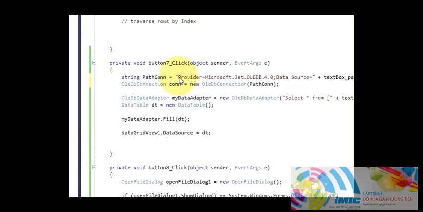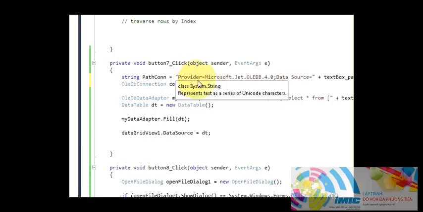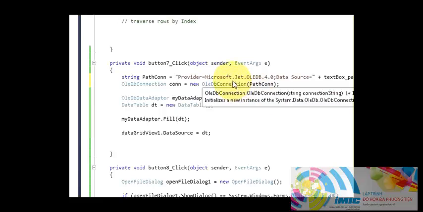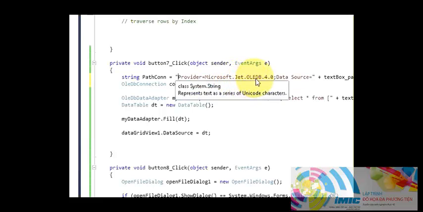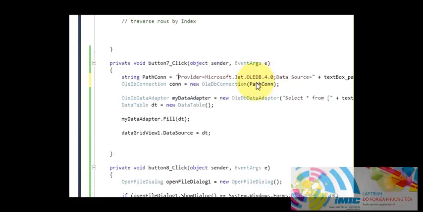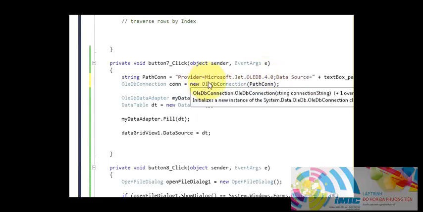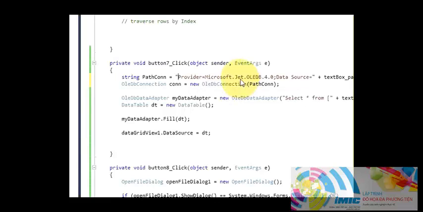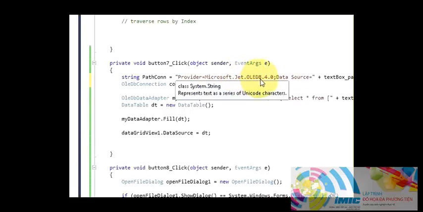In the string write a double quote, and write Provider equal to Microsoft.Jet.OLEDB with OLEDB in capital. Please remember that it's case sensitive, so please write the code carefully. Once again, Provider equal to Microsoft.Jet.OLEDB capital, .4.0,